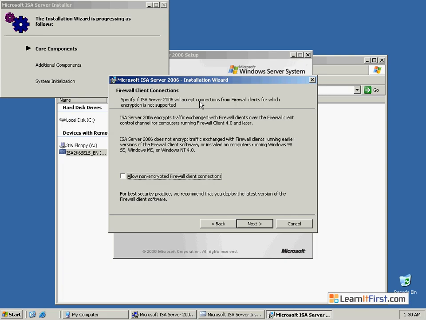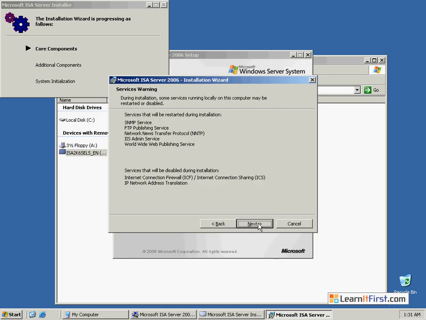Whereas the current client, which will load on Windows 2000 and above products, does do encryption back and forth, so that the client encrypts its request to pass to the ISA server. Now, they're asking us here, do we want to allow the non-encrypted firewall clients to actually make connections? And so if we're going to load the firewall client on 98 or ME or NT4, then we'd choose this option. But I'm not interested in supporting any of those clients, so I'm going to leave that option clear and